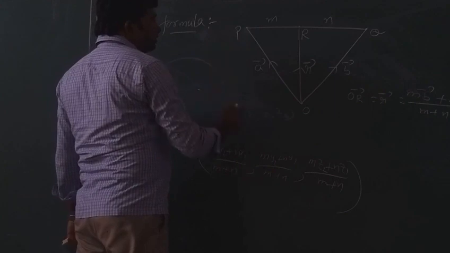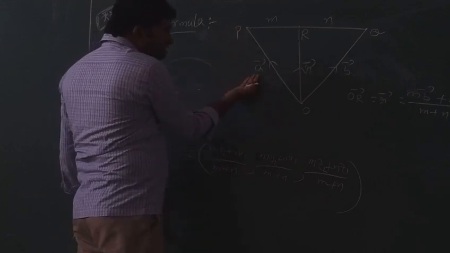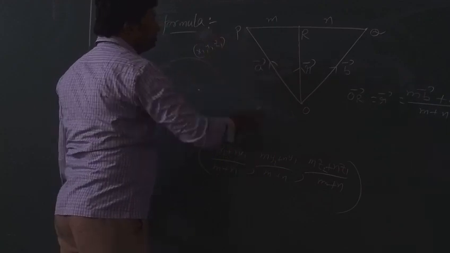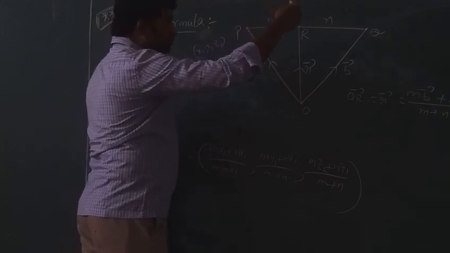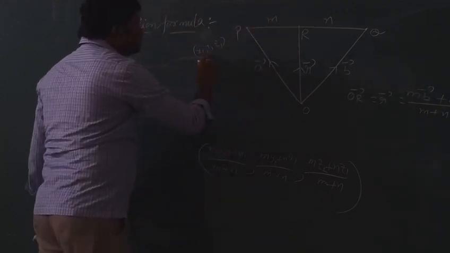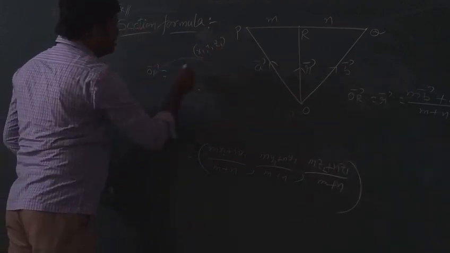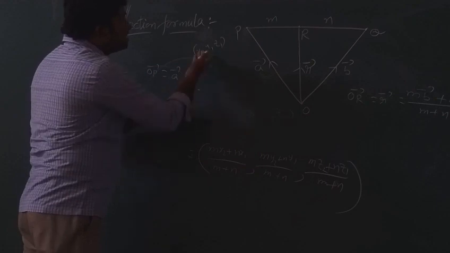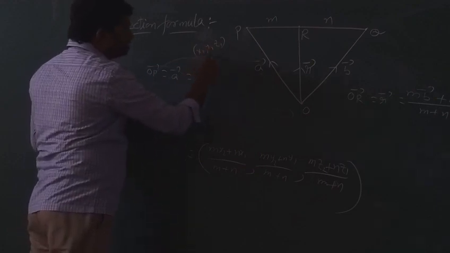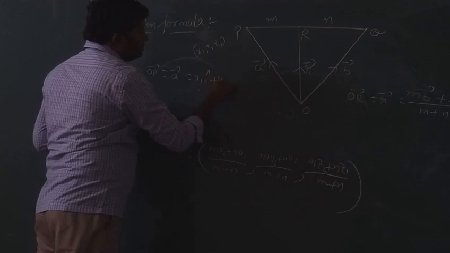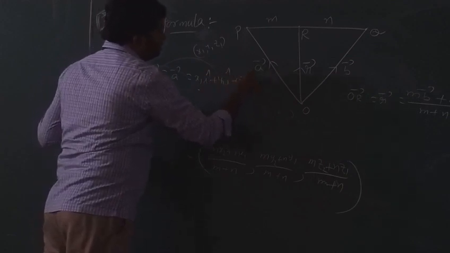P is the point. Then its position vector is what? OA bar. That is A bar. The point is x1, y1, z1, and that is x2, y2, z2, Q. P is x1, y1, z1. What is its position vector? OA bar. That is A bar. What is A bar? The position vector of the point P, x1, y1, z1. Representation as a vector: x1 i cap plus y1 j cap plus z1 k cap.